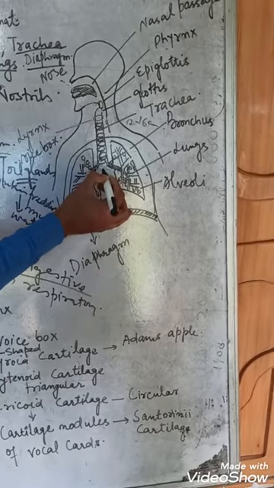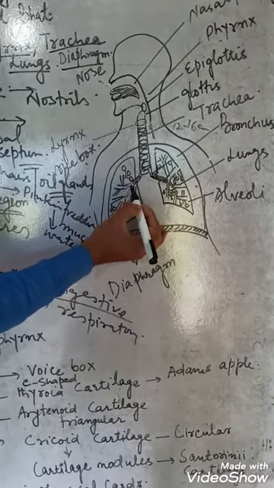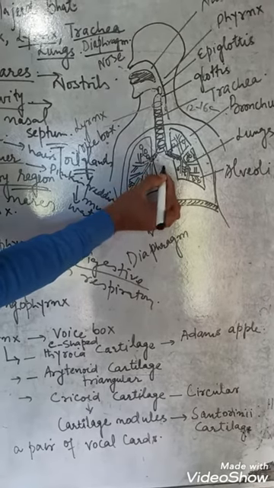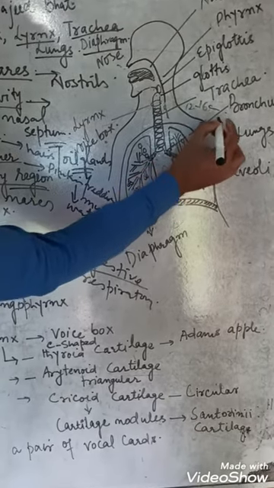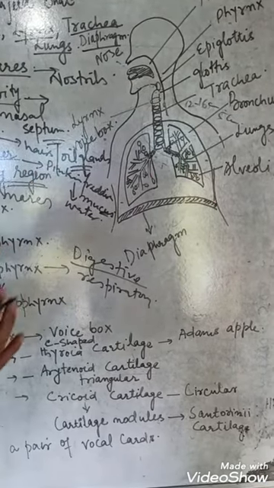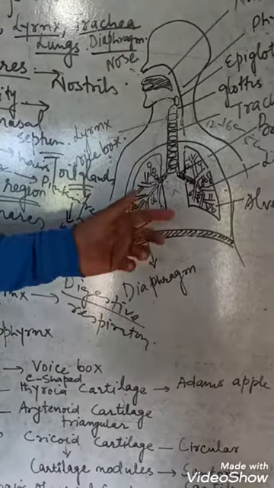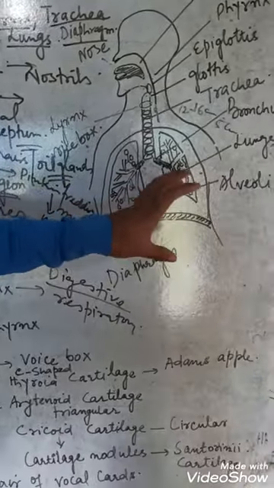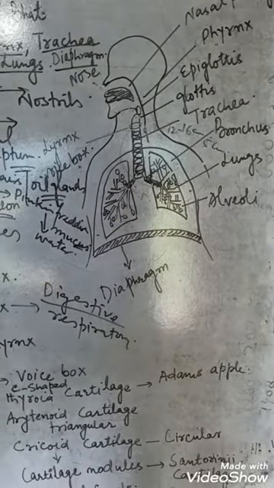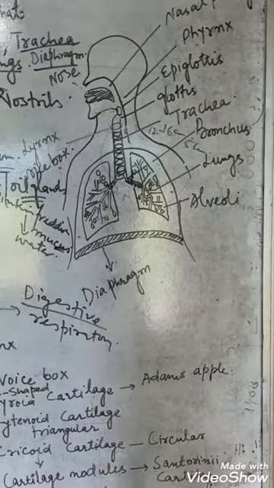क्योंकि जब ऊपर से हवा आती है, फिल्टर होके आती है नोज से, फिर ट्रैकिया से, तो एयर पहले चला जाता है राइट ब्रोंकस में, क्योंकि राइट ब्रोंकस जो है it is just 2.5 centimeters long, और जो लेफ्ट ब्रोंकस है ये 5 सेंटीमीटर्स लॉन्ग होता है। तो अगर एयर में अभी भी कोई डस्ट पार्टिकल्स वगैरह मौजूद हैं तो इन्फेक्शन के ज्यादा चांसेस हैं राइट लंग के होने के। तो लेफ्ट लंग जो है वो बच जाता है, क्योंकि लेफ्ट लंग के पीछे हार्ट होता है, कार्डियक नॉच होता है, तो ये इन्फेक्शन से बच जाता है। That's why it is a bit longer than this right bronchus.